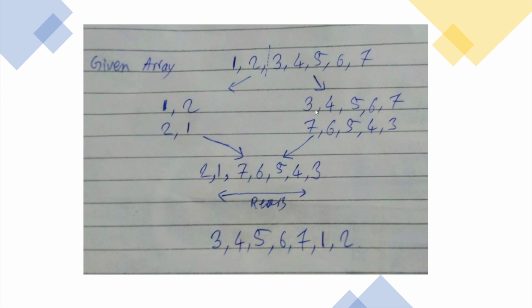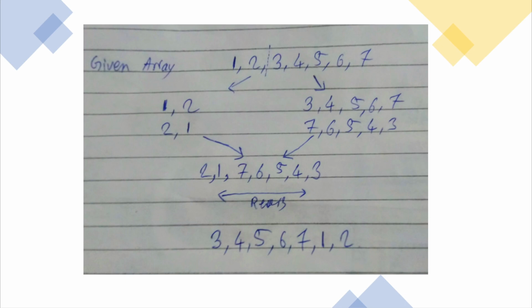Then the value of 3 will be stored in temp, the value of 7 will be stored in place of 3, and the value of temp will replace the value of 7. So you see, the 7 will come here and 3 will go here in the first loop of while. Then after that, the second value and the second last value will be exchanged similarly. After that, the 5 will remain the same because the while loop will end before we come to 5. That's why we have start less than end in the condition of while.